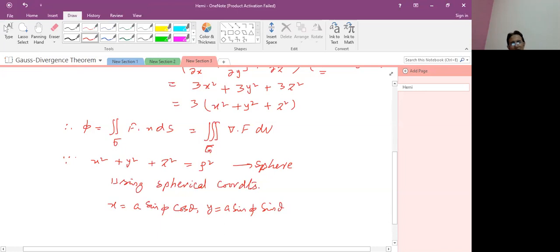When we convert Cartesian coordinates into spherical coordinates, z is equal to a times cos phi. And dV is equal to, student,